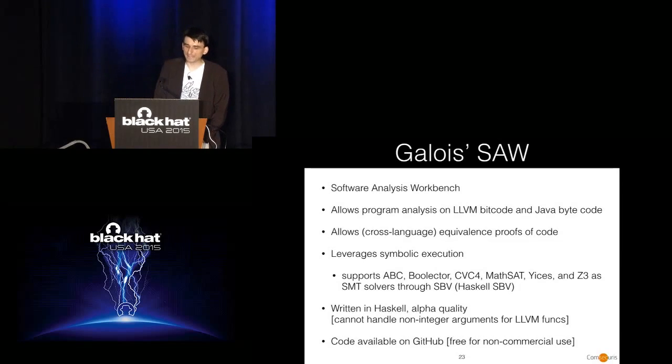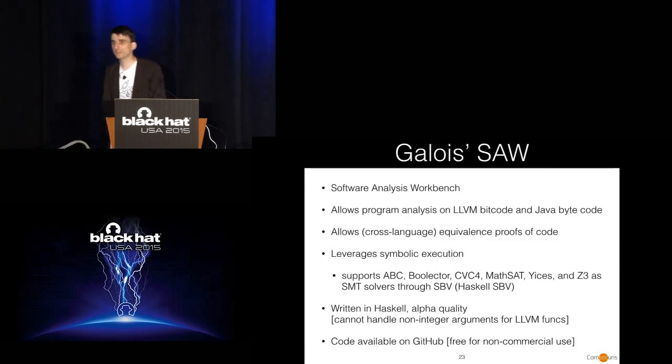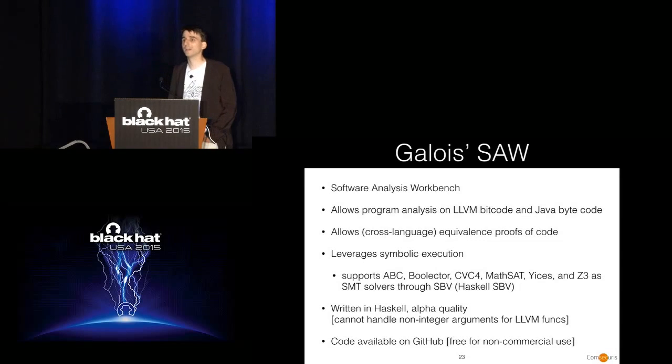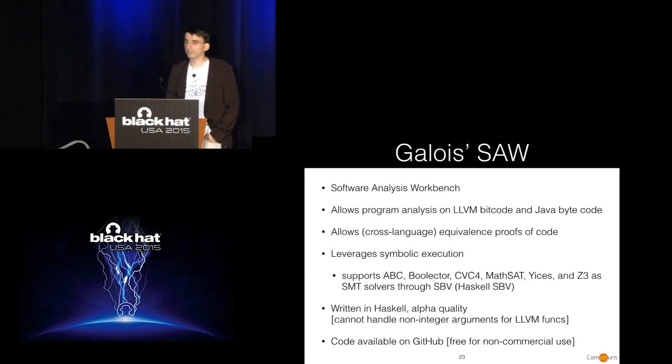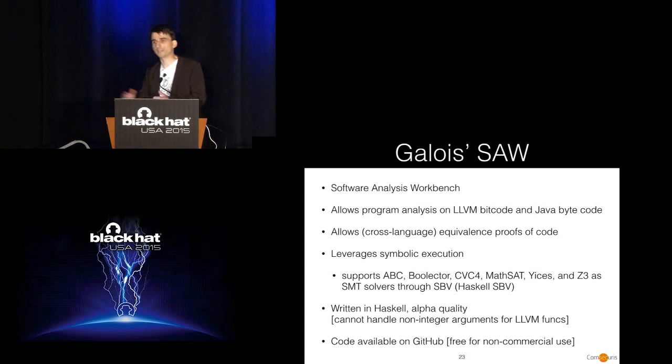And the Galois Software Analysis Workbench is a very interesting thing that appeared, I think, like 3 months ago or so. This is a tool that allows program analysis on LLVM bitcode and Java bytecode, and it allows cross-language equivalence proofs as well. So you can either have implementations in, say, C or C++ that you compile down to LLVM, or you can have Java bytecode, or you can mix and match